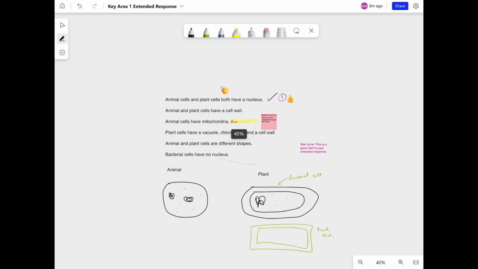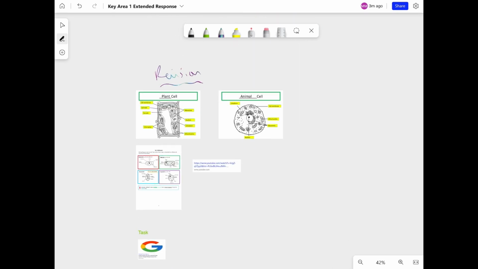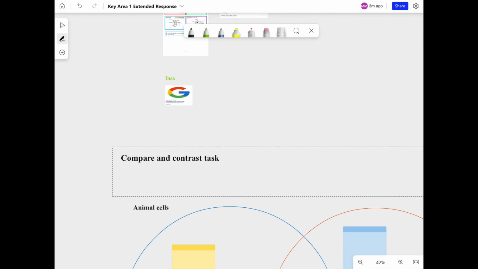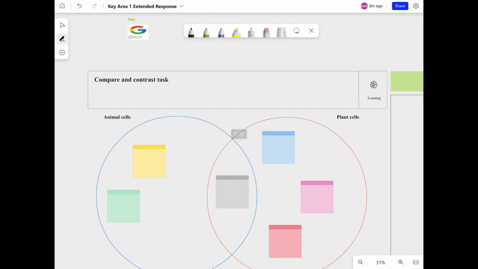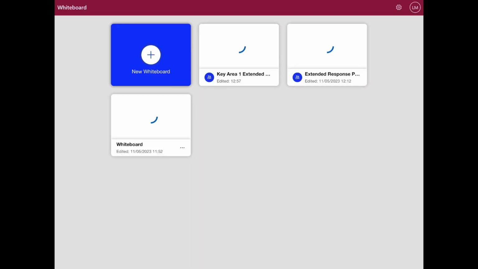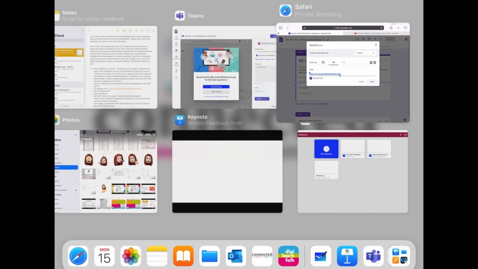I've drawn some stuff to help them too here. I've also given them specific revision tasks, so I've given them specific slides or pages from the summary notes, and also a video link as well so that they can go away and refresh their memory of it. I've given them a form, a Google form that they can then go and do as one of their tasks, and I've also given them a template so they can compare and contrast and then redraft their work for me. And using Teams, I can then send this back to them and they can then do that and hand it in again. So if I back out of this, and I go back into Teams,